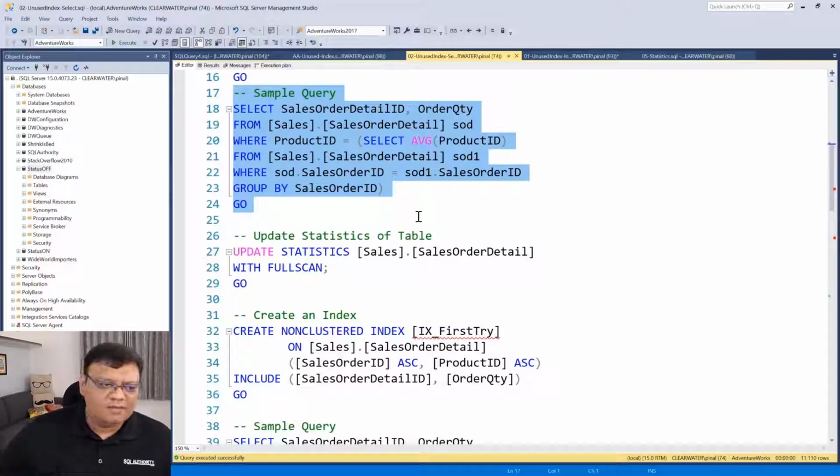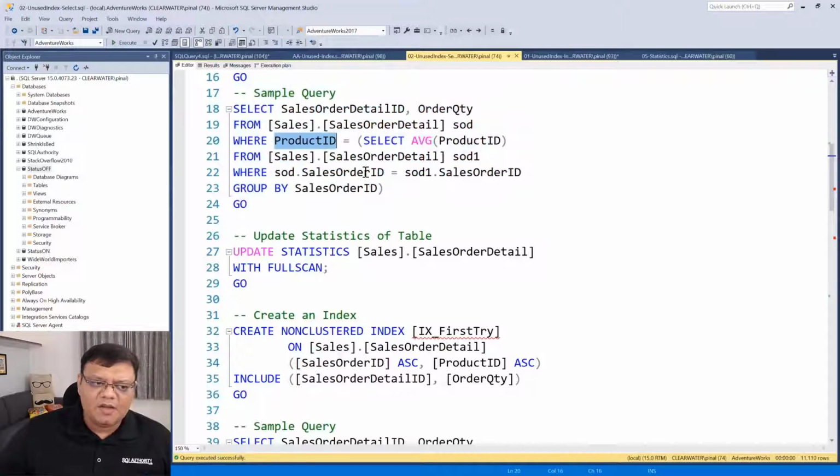So yeah, tell me, what should I have as a first column? Should I have product ID as a first column, or should I have sales order ID as the first column? What's your preference? What do you guys think I should have as a first column? I'm super interested to know this one. So okay, few people are saying product ID should be first. Few people are saying sales order ID.